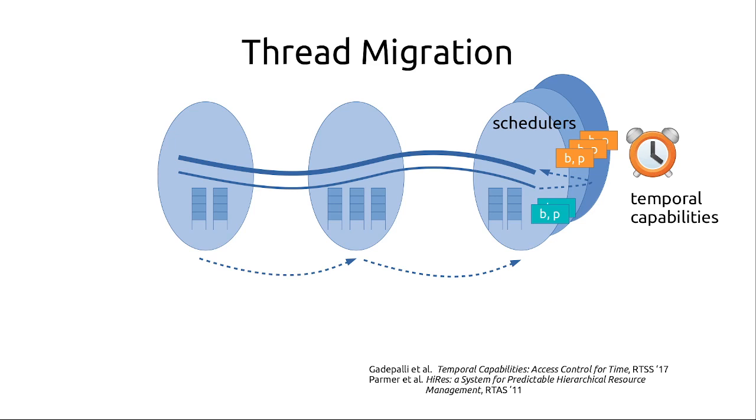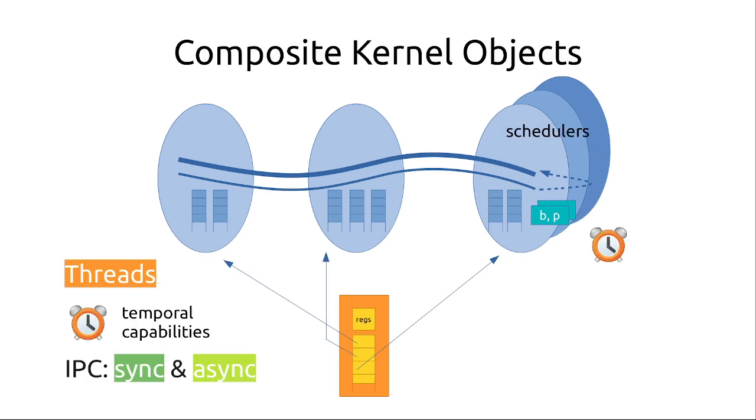So this is one of the resources I didn't go over before that we have in the system. And if we think about now the kernel objects, we have threads, temporal capabilities, synchronous endpoints that enabled us to connect these resources and allow thread migration between them, asynchronous IPC, that's effectively that notion of interrupts being able to generate execution. And of course, we generalize that to asynchronous communication between threads, and registers and threads that you see at the